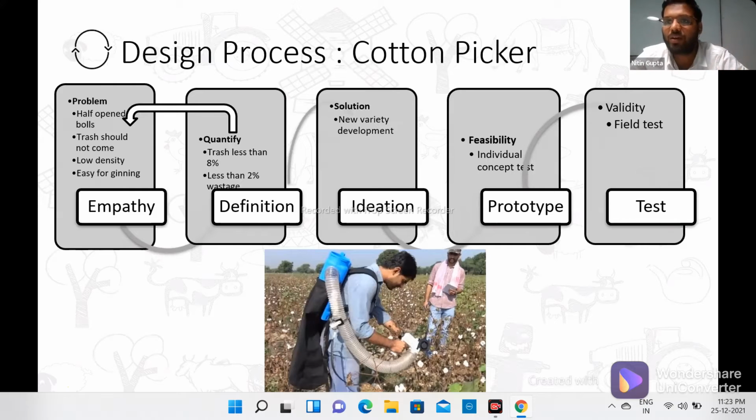So this is the strength of this design process. देन हम प्रोटाइपिंग में गए। प्रोटाइपिंग में हमने हर एक इंडिविजुअल कॉन्सेप्ट को पहले टेस्ट किया, हार्वेस्ट कैसे करना है, फिर उसको कलेक्ट कैसे करना है, फिर उसको ट्रांसपोर्ट कैसे करना है। ये अलग अलग छोटे छोटे मॉड्यूल्स में हमने उसको टेस्ट किया, और लैब में फिर फील्ड में हमने टेस्ट किया।